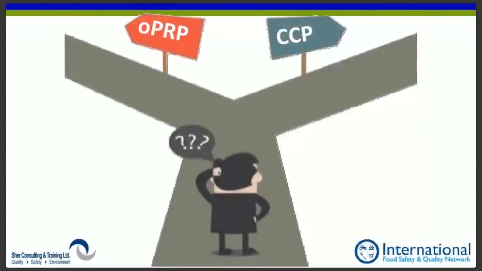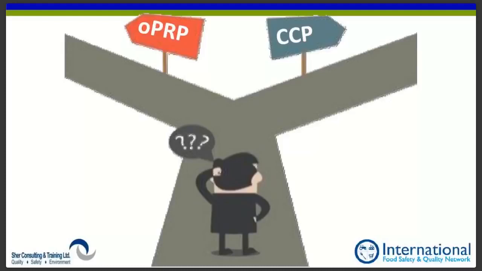Many changes regarding the CCP and the OPRP, and I'm going to talk about this for a second before I go into the continuation of the slides. Just want to give a background on this. Ever since ISO 22000 was published in 2005, the new term that had been invented, called the operational prerequisite program, was misunderstood. It was poorly interpreted. There was a lot of ambiguity and a lot of misunderstanding about how to use it.